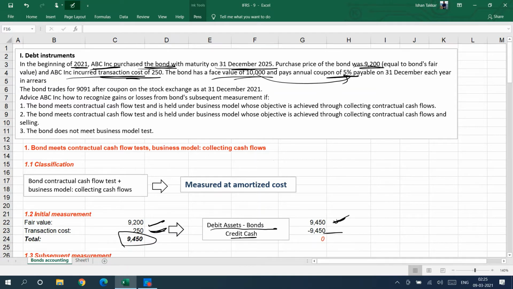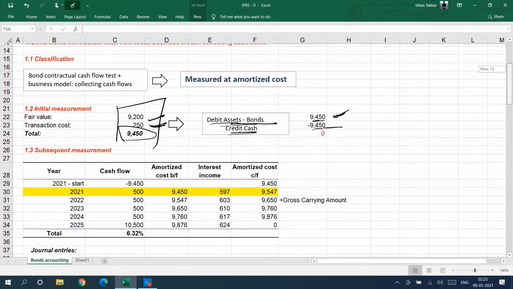And when do you need to show it at amortized cost? You take transaction cost as a part of your cost. So we have included this in the cost. On 1st January 2021, you have passed the entry: debit 9450, credit 9450, debit bond and credit cash. Okay, let's see